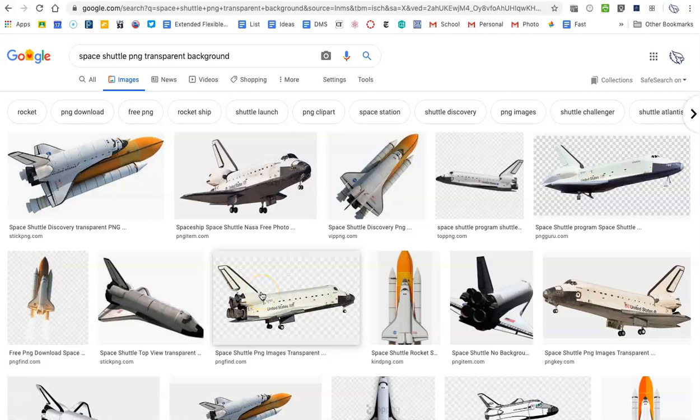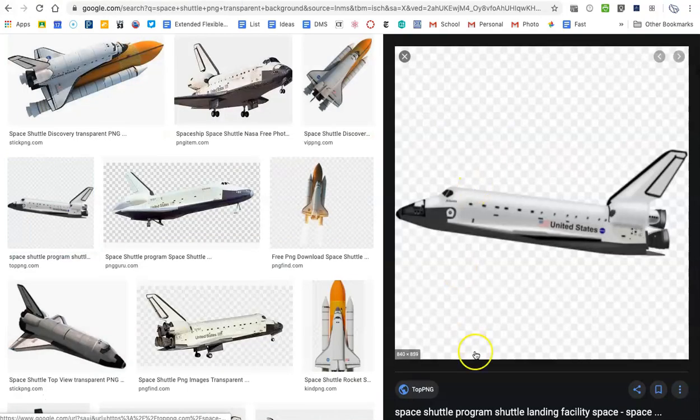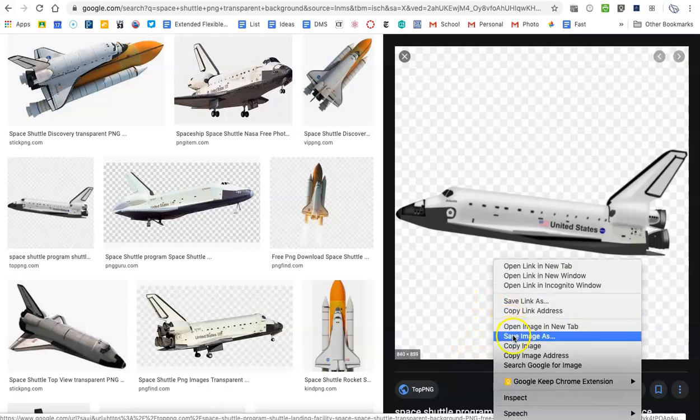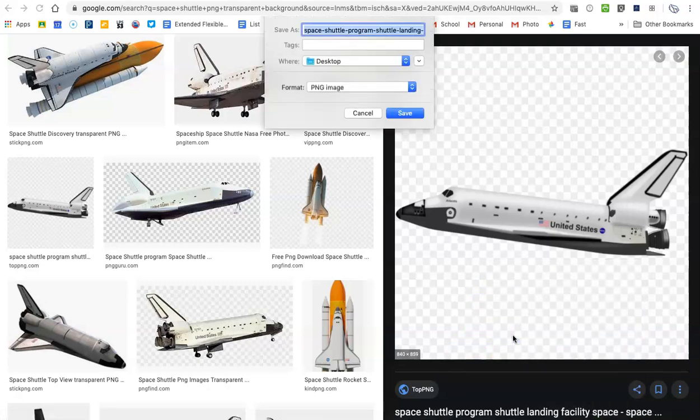Sometimes it's a company selling a stock image and they have a little checkerboard on there for you to think that it's something that you can download automatically. I'm going to click on this one, for example, and just kind of see what it is. So let's say that I click on this and I go to Save Image As, and it already has a title that kind of makes sense. So I'm just going to type in Space Shuttle